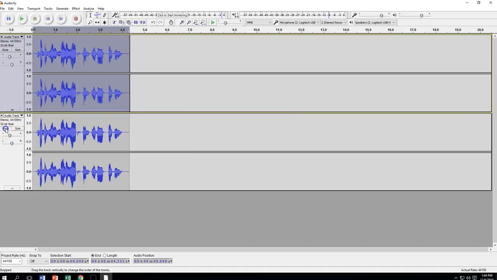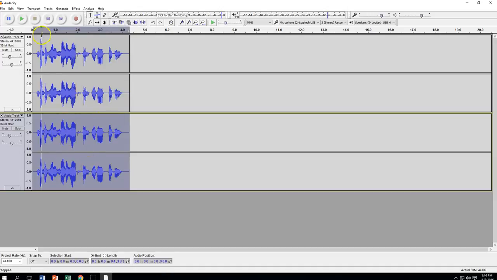Let's go ahead and mute the duplicate. Let's select my first track. I'm going to play that, and let's see what we got so far. This is me sounding like an... Okay, so you can hear that the voice changed dramatically that time. So we're going to unmute the bottom one, and I'm going to select the bottom, the duplicate track,